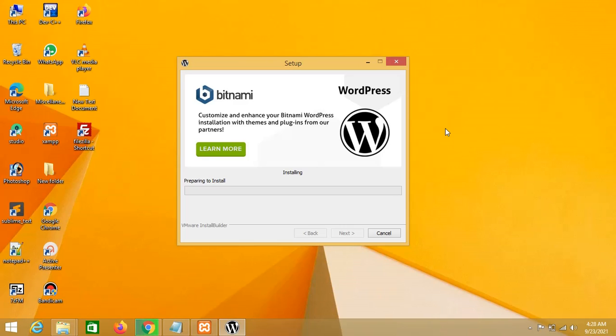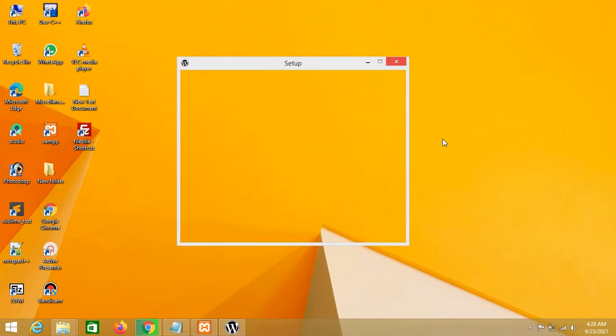In the first case, friends, when we downloaded WordPress from the wordpress.org website, in that case we have to create the database manually by going into phpMyAdmin. But here we don't have to create the database manually, it will be created automatically.